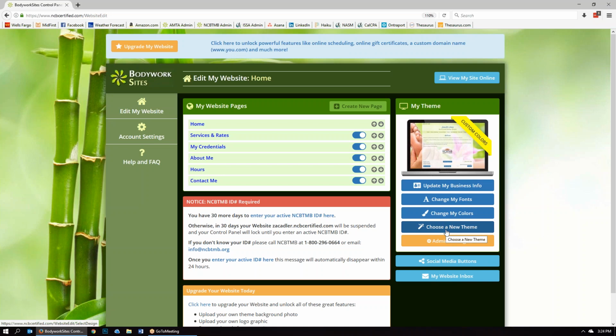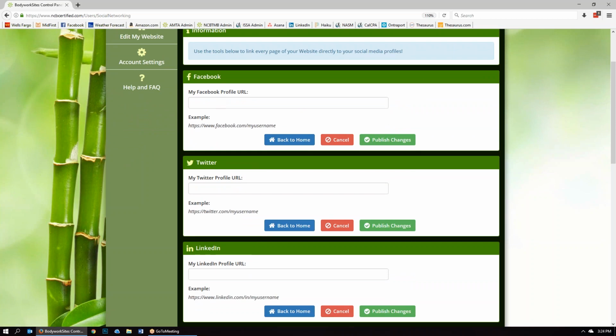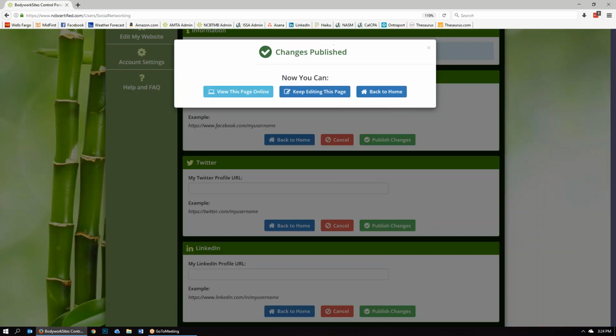And the next, really, one of the features that will really help your site move the needle in terms of getting clients is this social media cross-linking. And so go ahead and we're going to click the social media buttons. And here you can see it just asks you essentially for your social media profile name. So for example, most practitioners nowadays have a Facebook page, whether they use their personal Facebook page for their business, or if they have a business page, that's fine too. Either one works. Whatever you have, go ahead and just pop that address in here, and then you hit publish